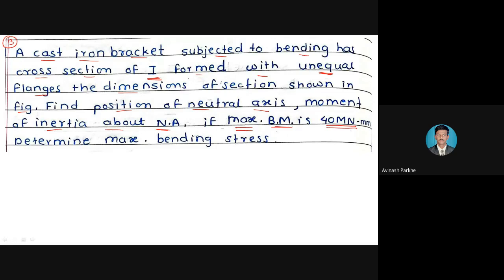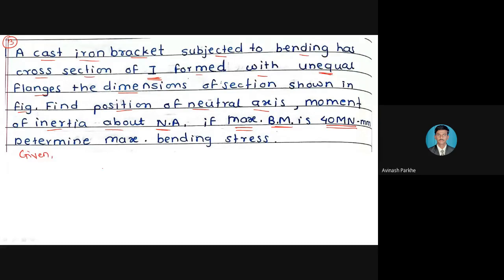But in the last two problems, the cantilever beam with point load at the free end and cantilever beam with UDL, it is mentioned. And by using that, we have used the formula M equal to W into L, and M equal to WL square by 2. But here not mentioned. Why? Bending moment is directly given. Okay. Now, first of all, I will write down all the given parameters.